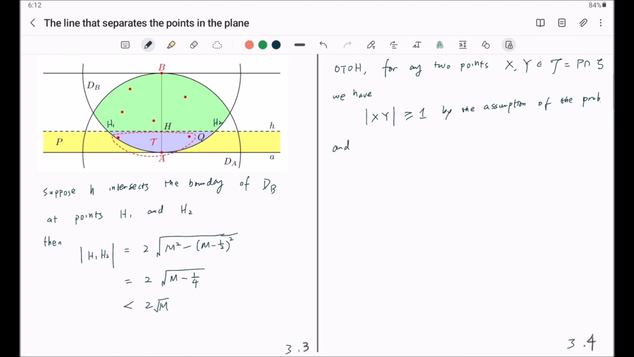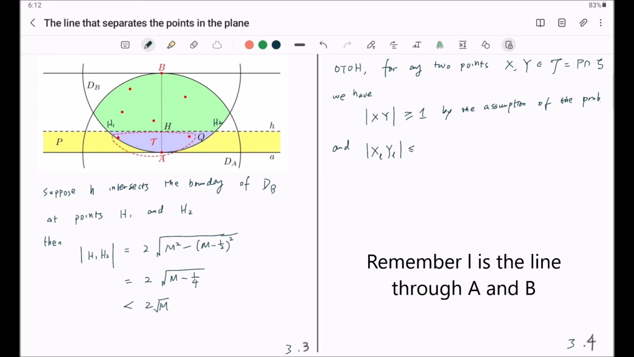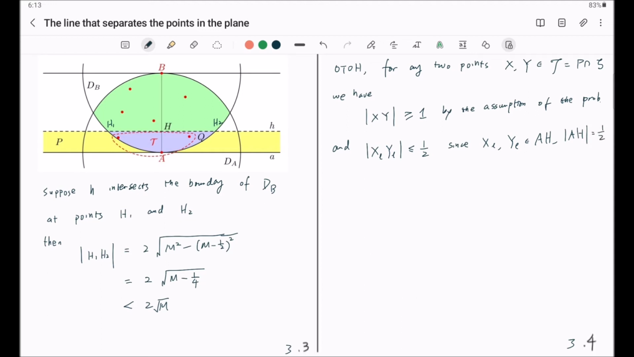If you look at the projection of those points onto AH, if you look at x sub L and y sub L's distance, this is less than or equal to 1/2. Since XL, YL live in AH, AH length is precisely 1/2. So,